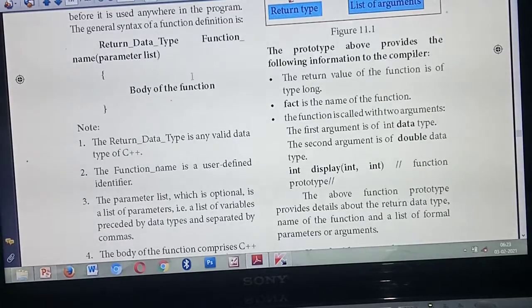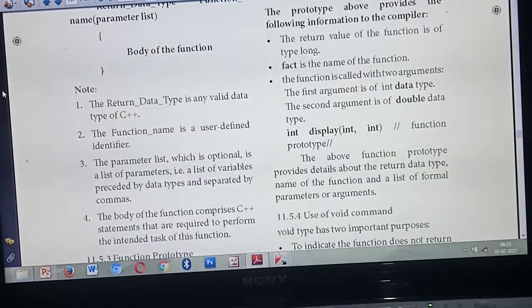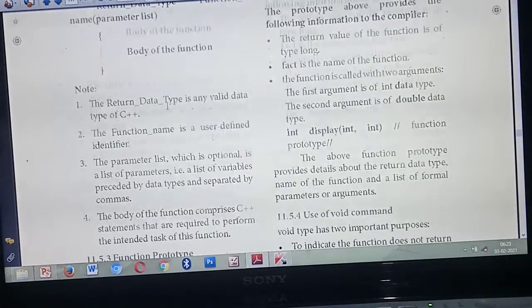Inside the function, you are going to pass the parameter list. Inside this parameter list you can pass variables, constants, expressions, data types, etc. How many variables you use is not a problem, but based on the number of variables you should separate each variable using the comma symbol. Understood? You can use two or three variables in the parameter list, but you should separate each of them using which symbol? Comma symbol.